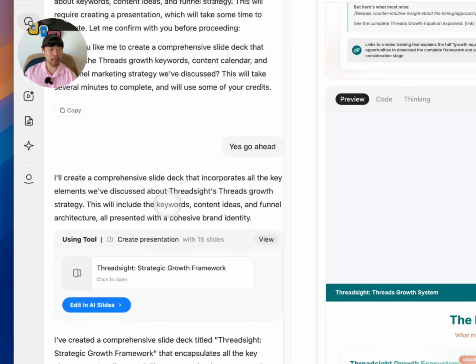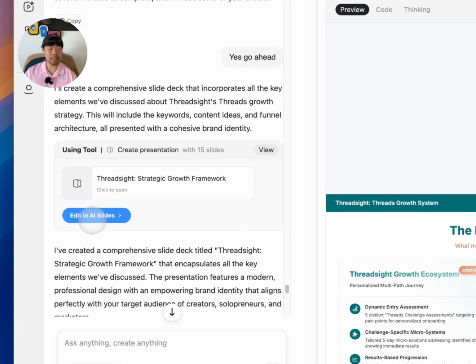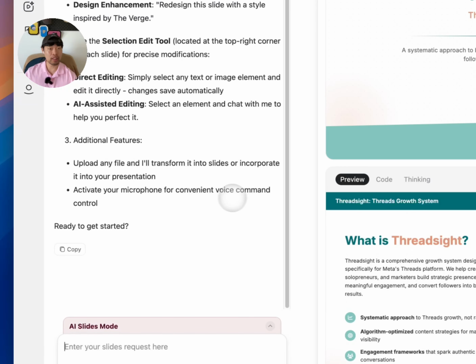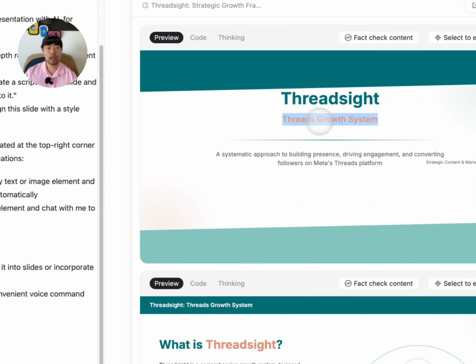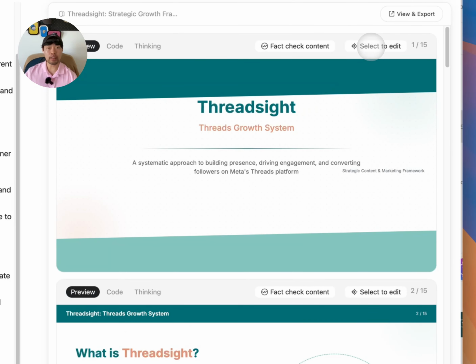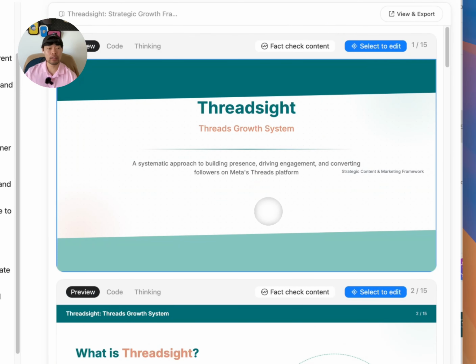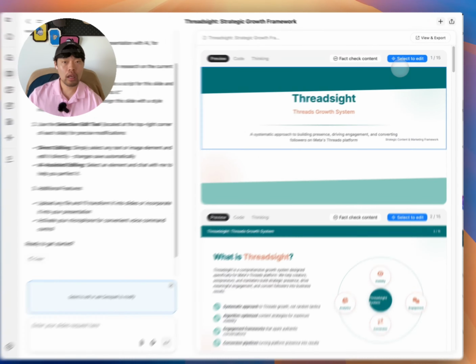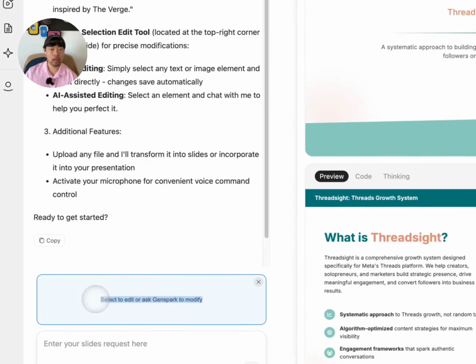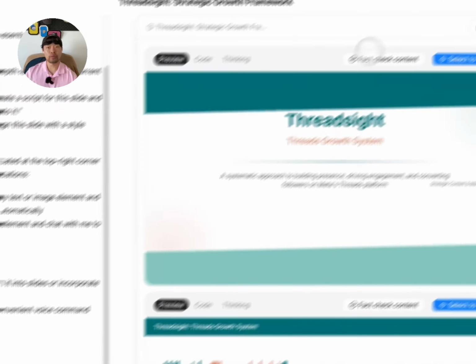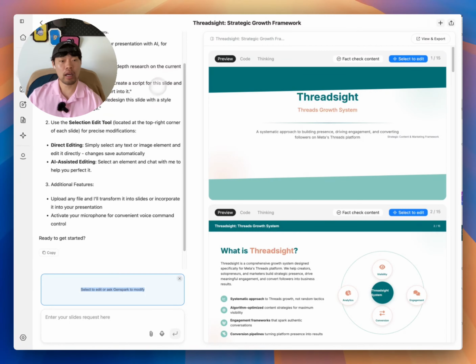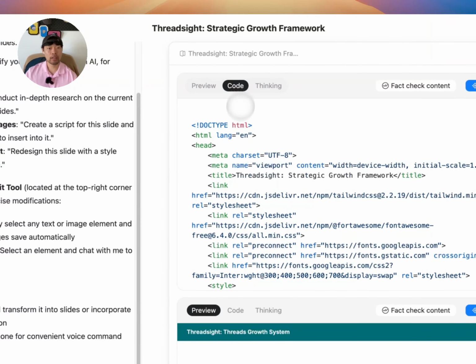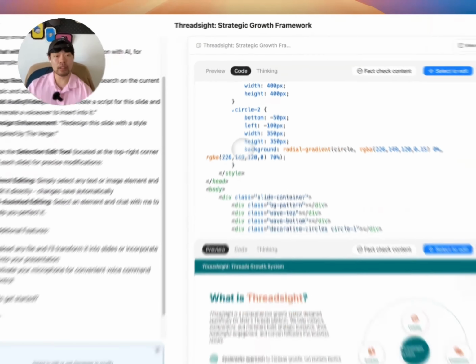And I saw this edit option in AI slides. So let's see if this is working. And select to edit. Oh, so can I change it like this?